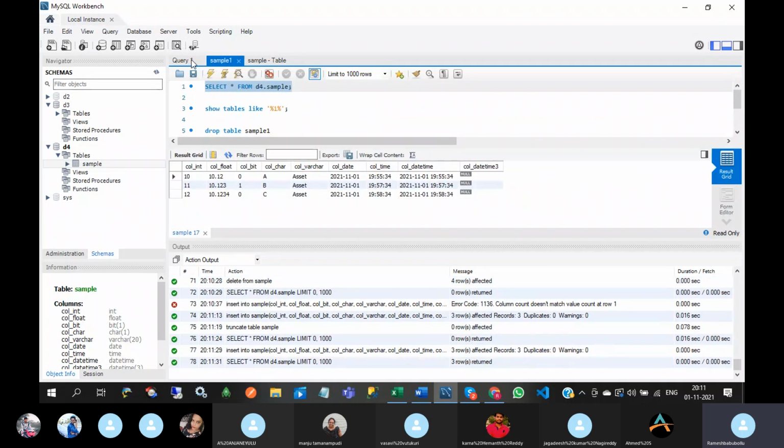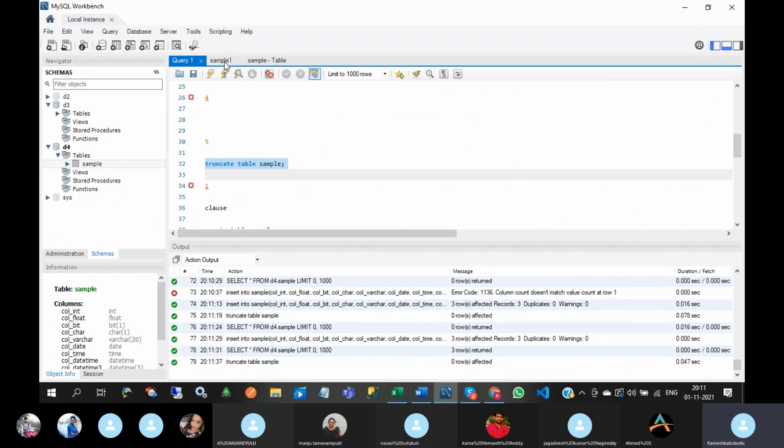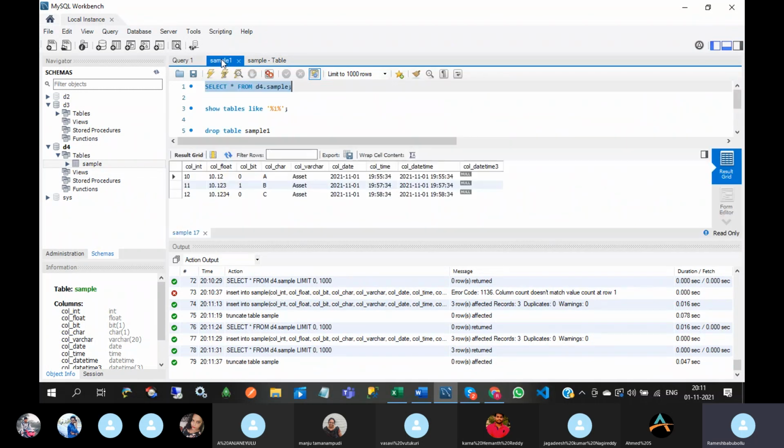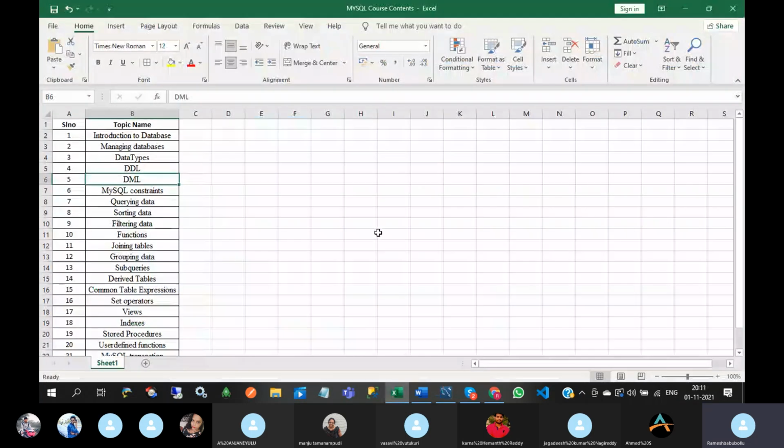See, 3 records are there, and I'm going to truncate the table. 0 rows affected. See this, no records are there. So this is about delete and truncate.